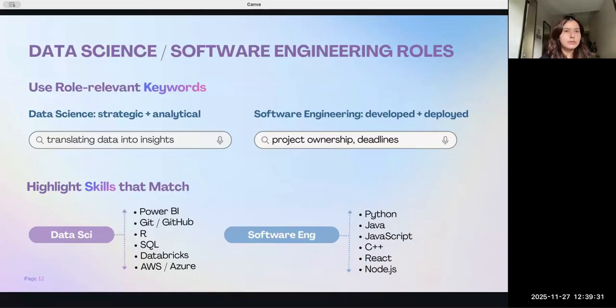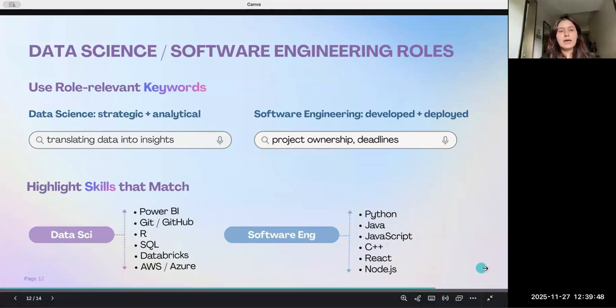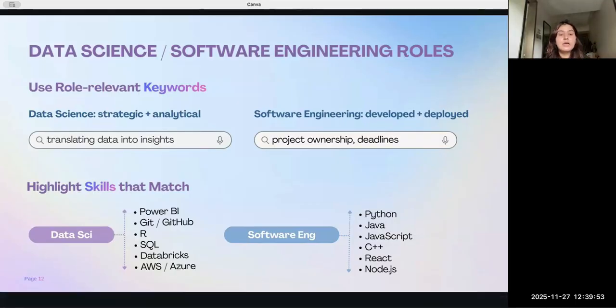What are the metrics that you saw or used, and being able to communicate it to the recruiter, saying I have done these in the past and I can be a perfect fit just through your resume, and highlight skills that match. If you have certain skills that are relevant to maybe data science or software engineering, then in the role description, if they ask for a certain tool, make sure to include that in your resume,